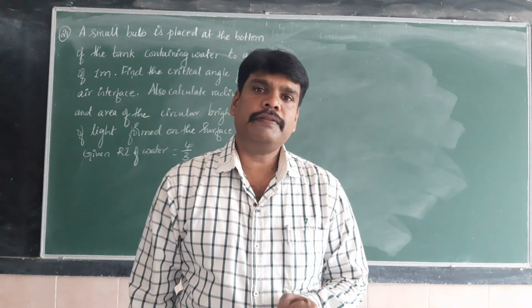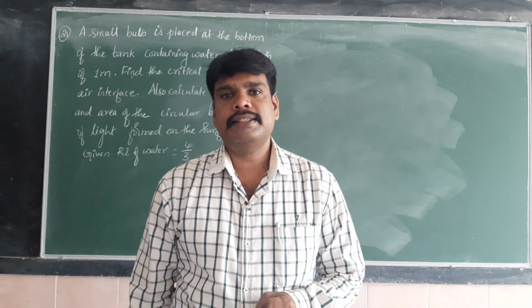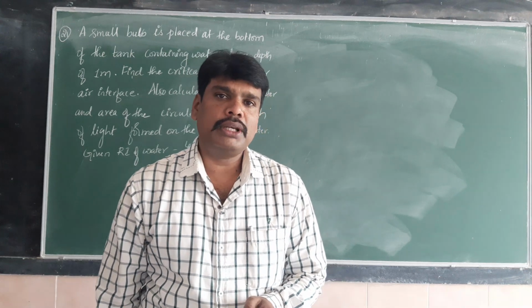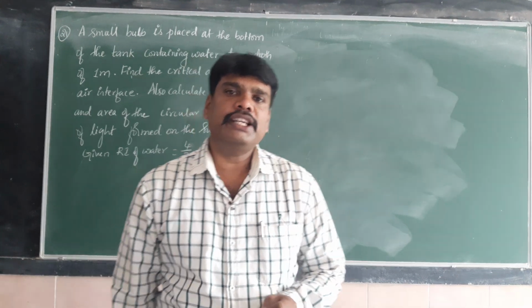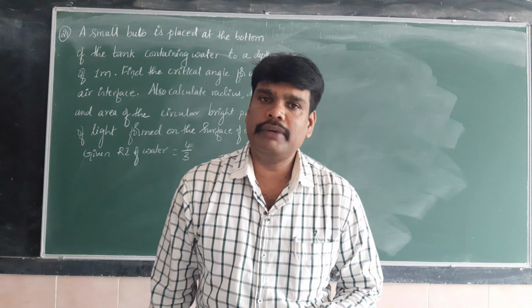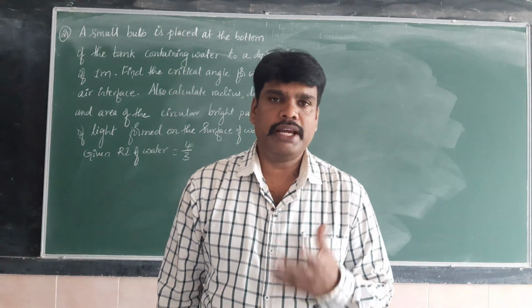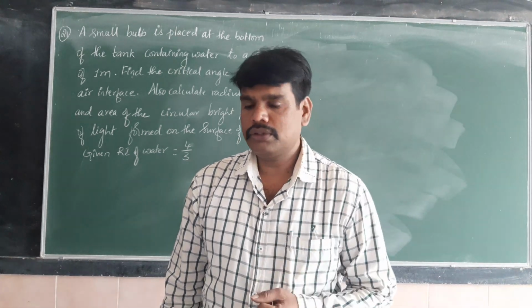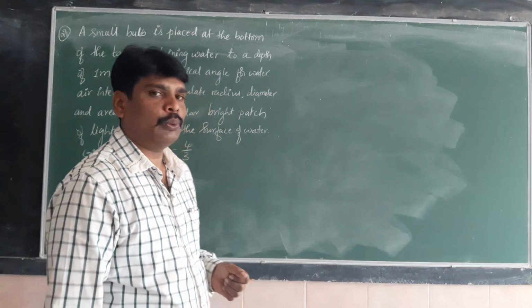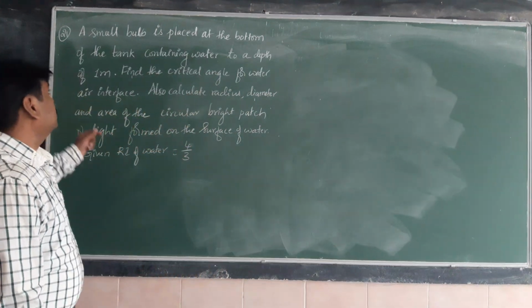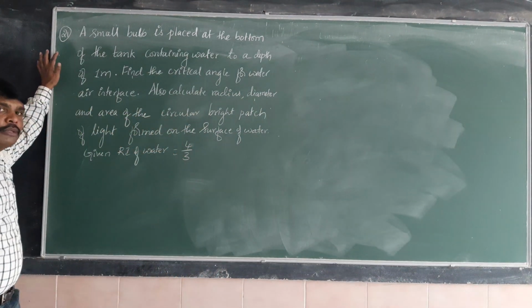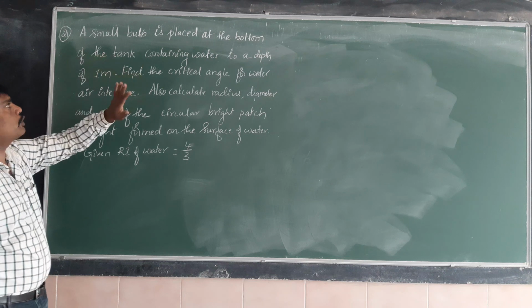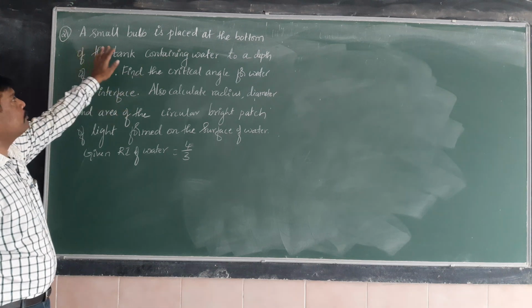In normal shift, refractive index is calculated using a formula. Refractive index is equal to real depth divided by apparent depth. With the help of that formula, I will solve problem number 22. To solve problem number 21, here in this problem what they have given is a small